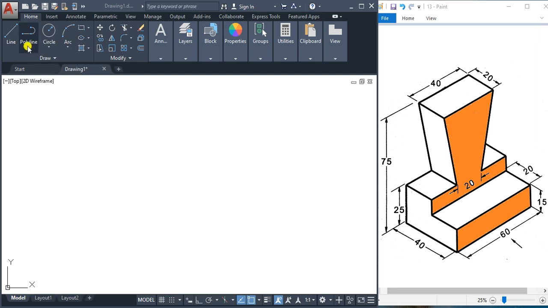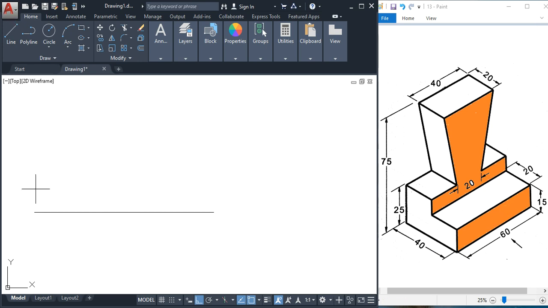Now first of all, let us draw a reference line here of some length. Next, you see this direction, the surface first we are drawing is this surface, that is a 60 by 15 rectangle.